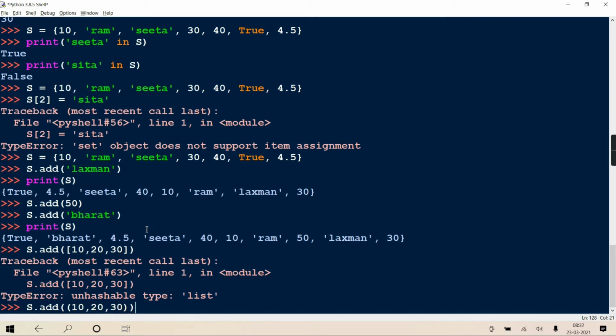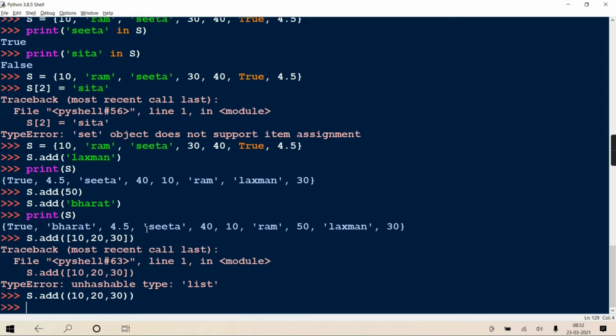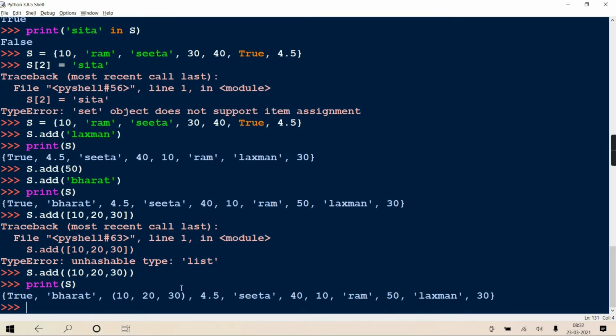In case of list, you can add one list in another list. You can add one tuple in another list. Getting? See, here for tuple it doesn't give error, but for list it gives error. Tuple got added. But again, where this whole tuple is added in your S is unpredicted. See, this tuple got added at the third. Here you are able to see it. Right? So I hope it is clear.